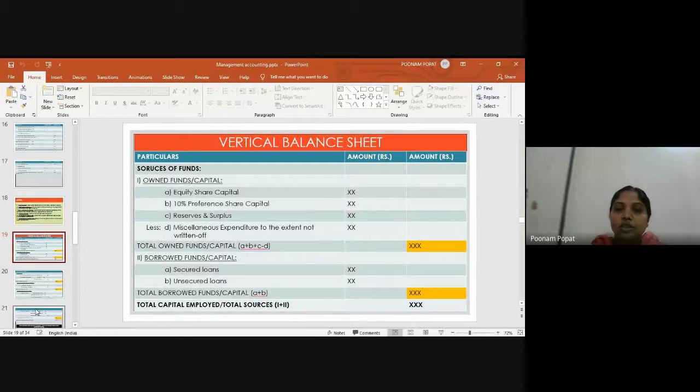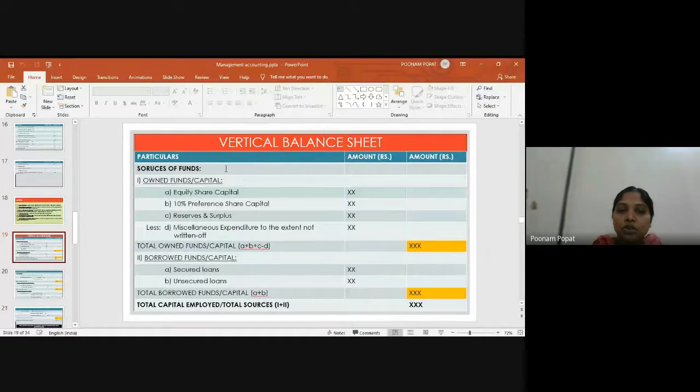It is presented in top to down style. We don't have two sides here, you'll have to remember that. In one of the company's financial statements, which I shared with you in my first lecture, the asset side was first, followed by liabilities. So here we have the liability side first, followed by assets.